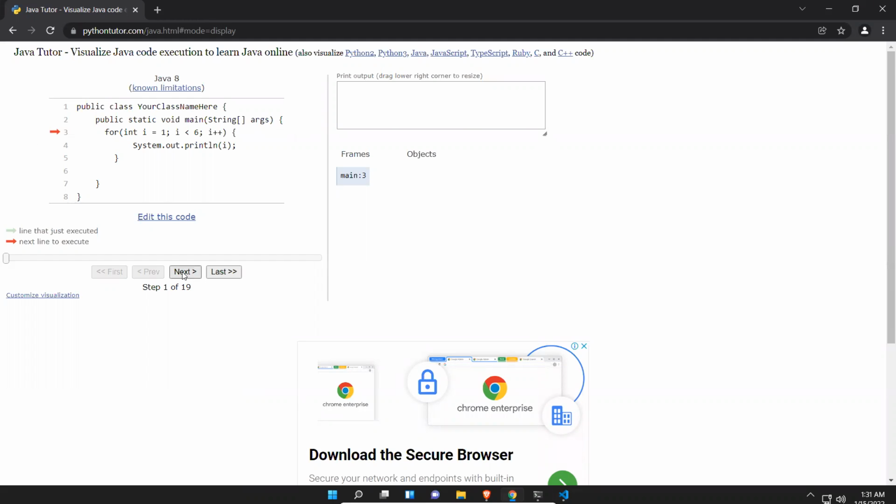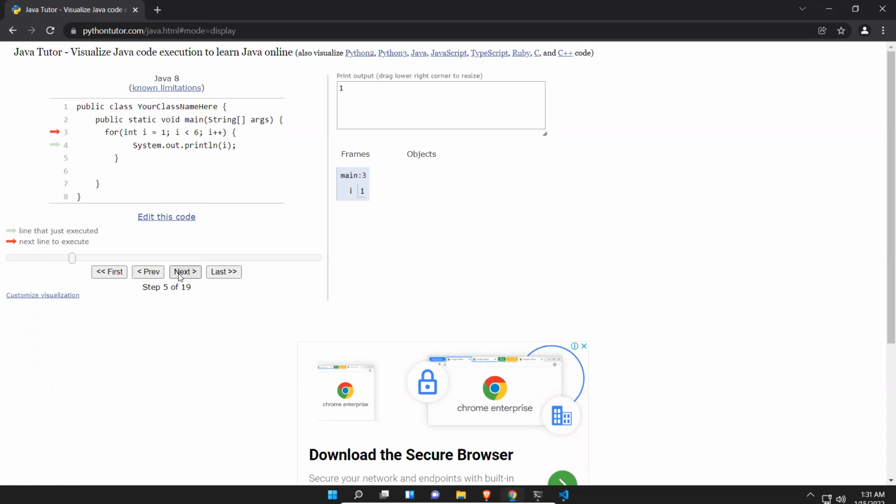If I click next, it stays there only. Second step, there only, means initialized. You see i is equal to 1. Then next, it came here. Now you see in the print output, next, it printed 1, and it went here.